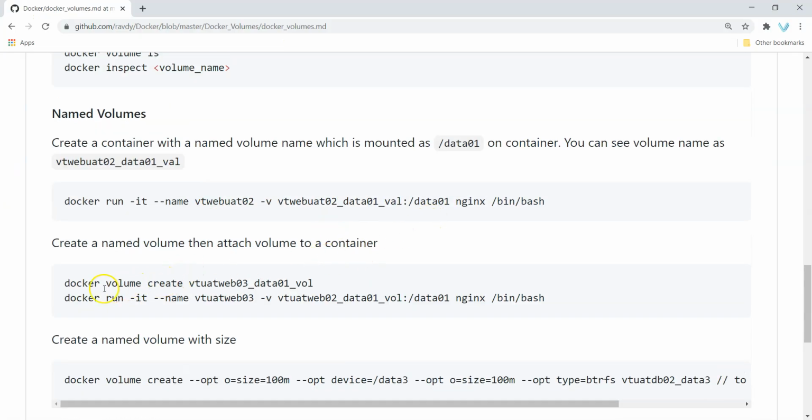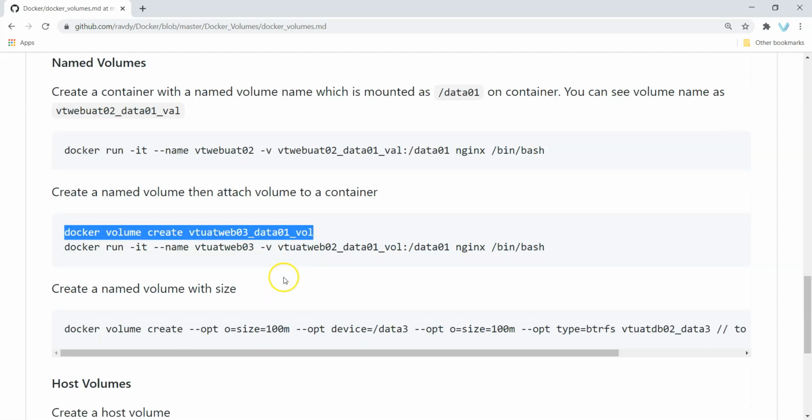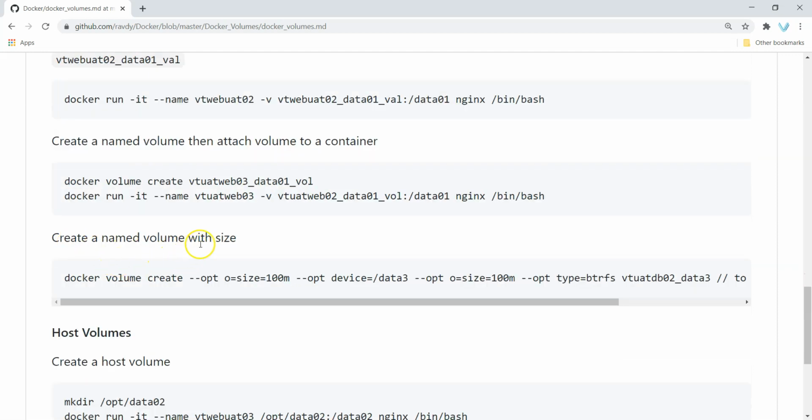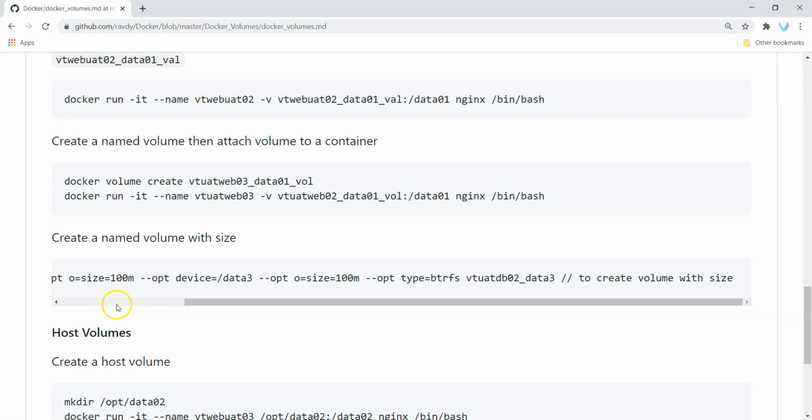Next thing is we can create a named volume with docker volume create as well. Nothing but first we'll create a volume, then map this volume to our directory. But even if you execute this command directly, in the backend it is going to execute the docker volume create command. So if you want, you can try this command as well. Next command is to create a volume with size. If you want to create your volume with a specific size, then you need to create a volume first. After that, you should create a container. There is a typo, it seems. I will update this command later.